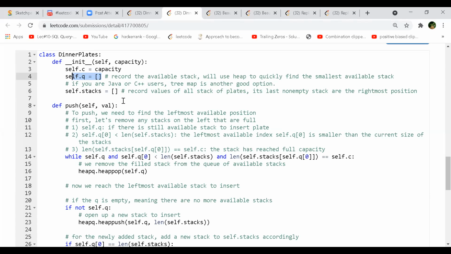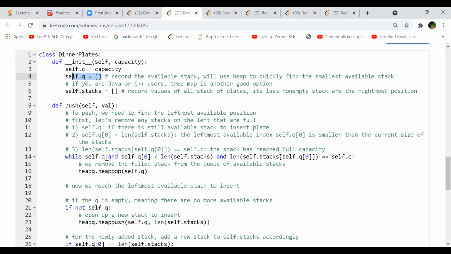Okay, so if it is full to capacity, you should not have any entry in this queue. If it is not full to that capacity, then you should have an entry in this queue, correct? And then your queue should be in such a way that the leftmost stack, which has lesser capacity, should come first. So you should have all the entries from left to right. And the priority queue helps there, right? Yes, you're correct.